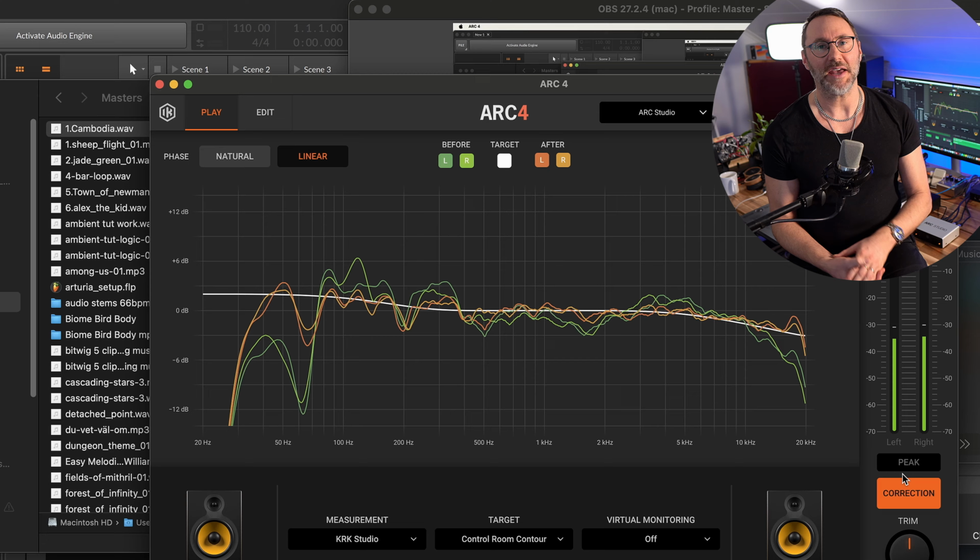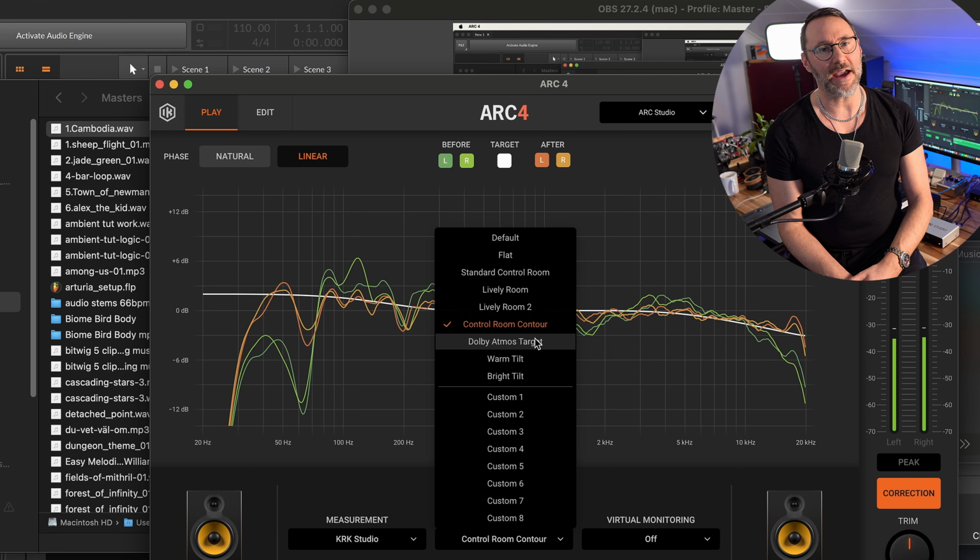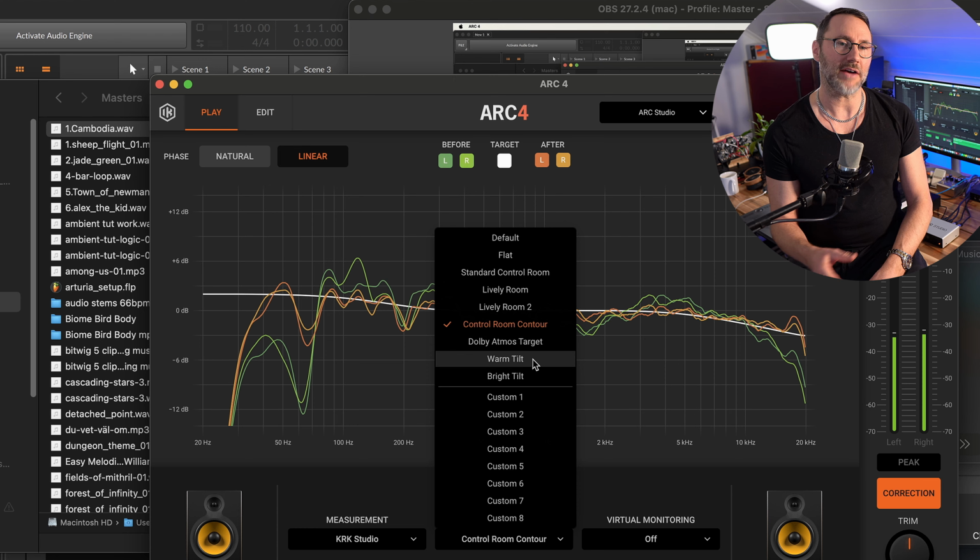Alright, so I get a lot more punch and a much flatter frequency response compared to my previous listening. And it sounds much more similar to what I'm used to listening to on headphones. So it's definitely a really great improvement here in the audio by using Arc Studio. And if you just look at the measurement here, the before is the green color and the orange is after we have the Arc Studio processing. And we can visually see how much Arc Studio has improved the sound.